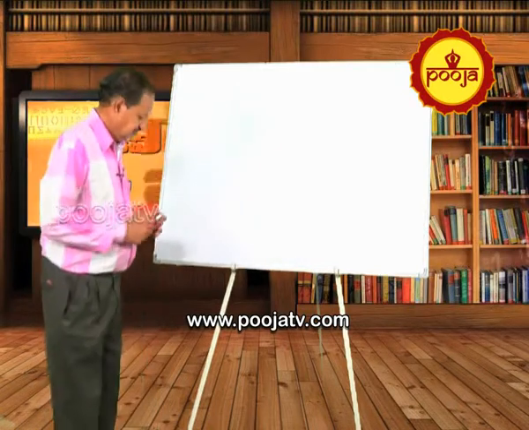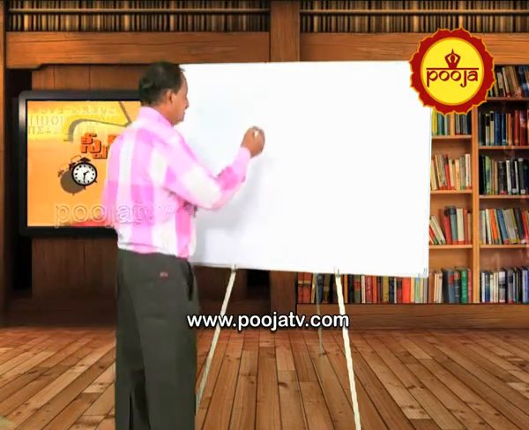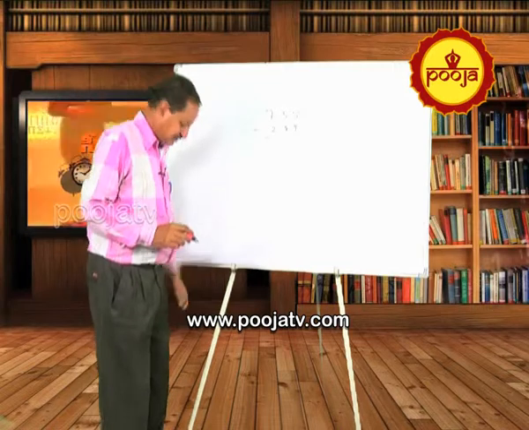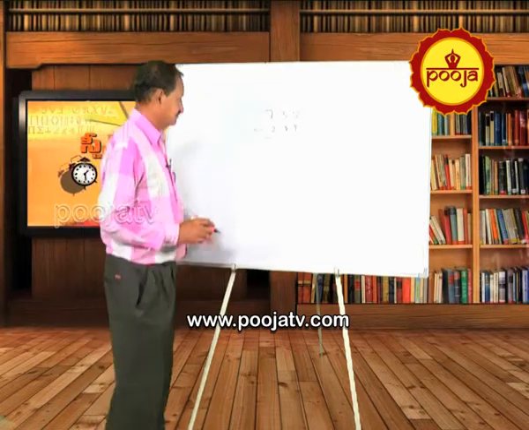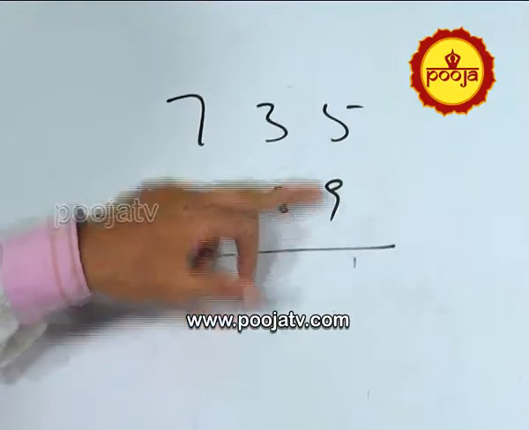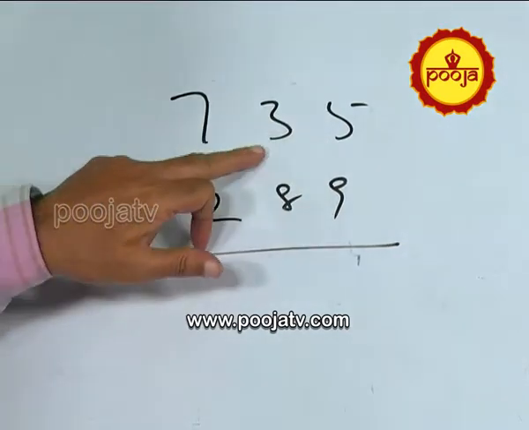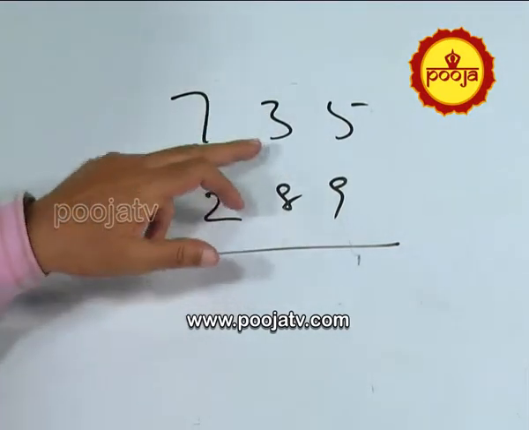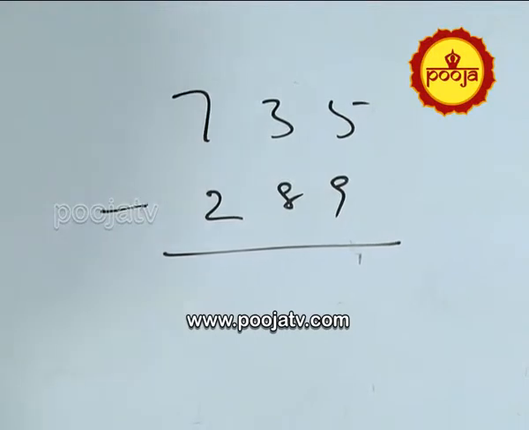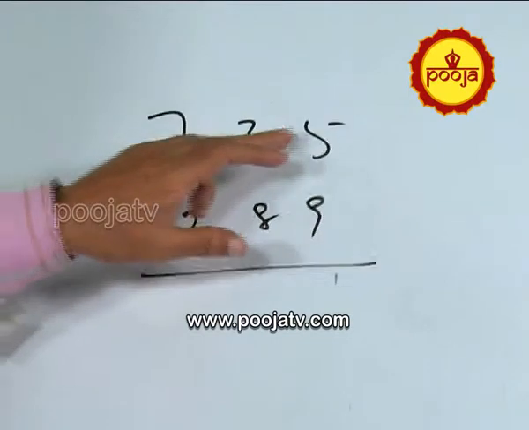Now, I will show you how to subtract the numbers very easily using speed maths. Suppose 735 minus 289. If you want to subtract this in traditional maths, for elders no problem, but when they are learning subtractions, see how much headache it creates. You cannot subtract 9 from 5. So, you have to borrow 10 from the left side. So, 10 plus 5 is 15. You take 5 hand fingers and 5 leg fingers, and if your legs are not enough, you go to other people's legs and count, all these things will be there, and this will become 15.